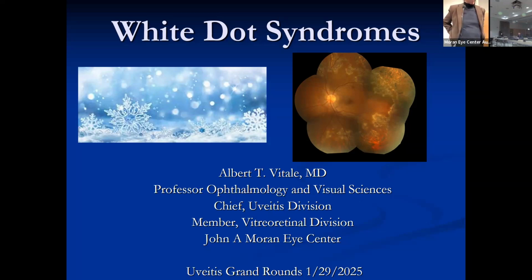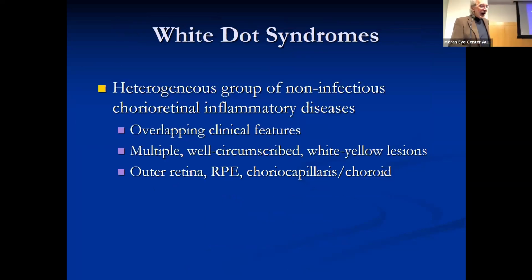Today's uveitis grand rounds will be on white dot syndromes, a very interesting and often very confusing group of inflammatory chorioretinopathies. Just like a snowflake, if you look at them, they all seem the same, but individually, they're actually heterogeneous, just like the white dot syndromes, a group of non-infectious uveitis that have overlapping clinical features